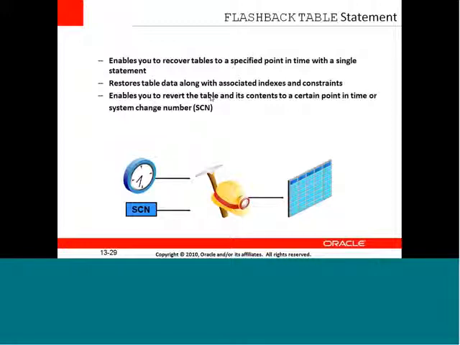Okay. So here, if the indexes and the constraints are created on the table, then even those will be recovered back along with the table. Okay. Then what about the cascading? You said that when the table drops, everything associated with the table is also gone, right? Yes. So what happens then if there is a cascading there? Even that will be restored back.